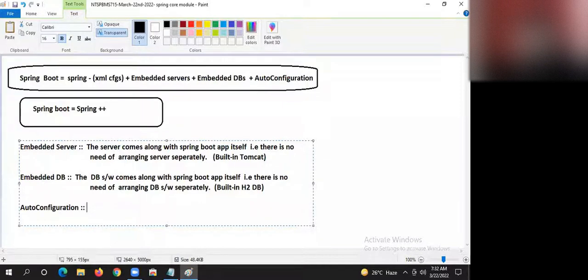Auto configuration, boss. So far, what, guys? If you want to make any Java class a Spring Bean, you have to mark the class either with a bean tag or the @Component annotation. Then you have to inform the container, take this class, make it a Spring Bean. In that process, the Spring container loads the class, creates the object, manages the object. Whenever the need is not there, it will destroy the object. Come on, guys. This is the basic story, right?